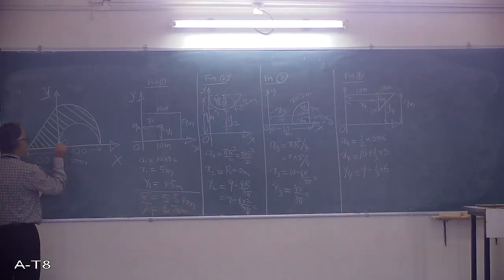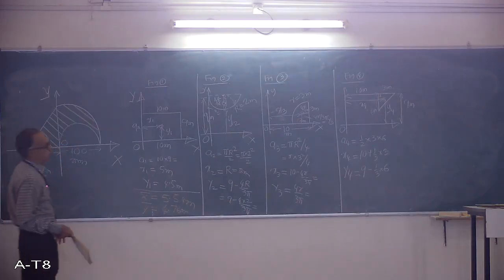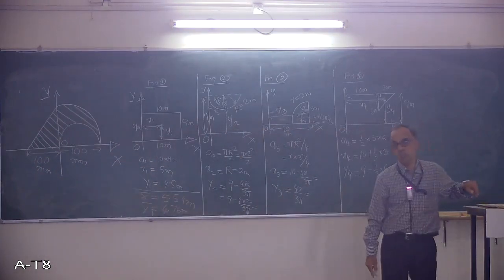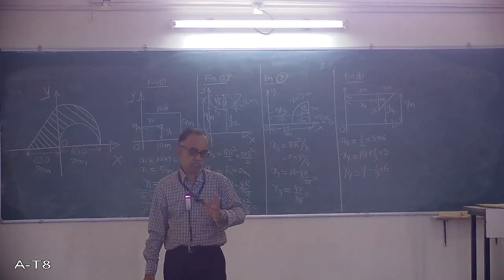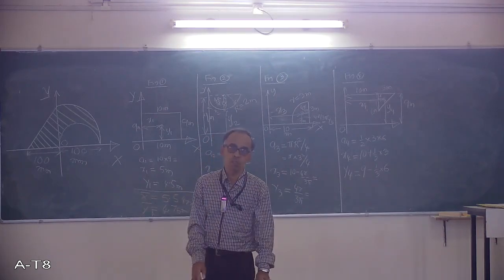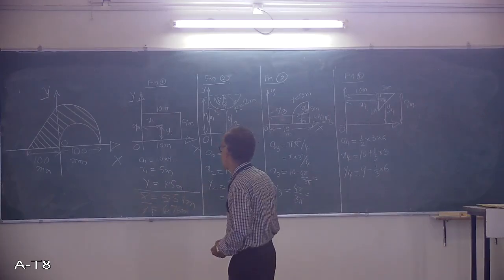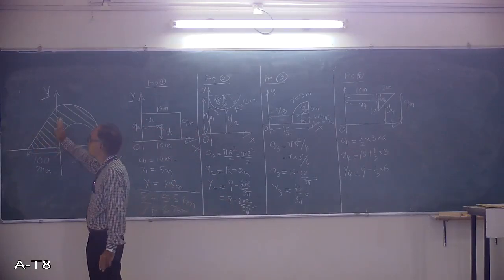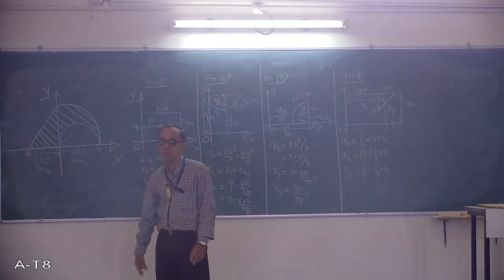This is the origin point. As given here, determine the centroid of the shaded portion with respect to the given x and y axis. When you are given the x and y axis, we cannot choose our own x and y axis. Whatever x and y axis is given, only with respect to that axis you have to find it out. Now, as I mentioned in one of my previous examples, you can see here the triangle is on the left side of the x-axis, whereas these two figures are on the right side. So you should be very careful when looking at the figure here.